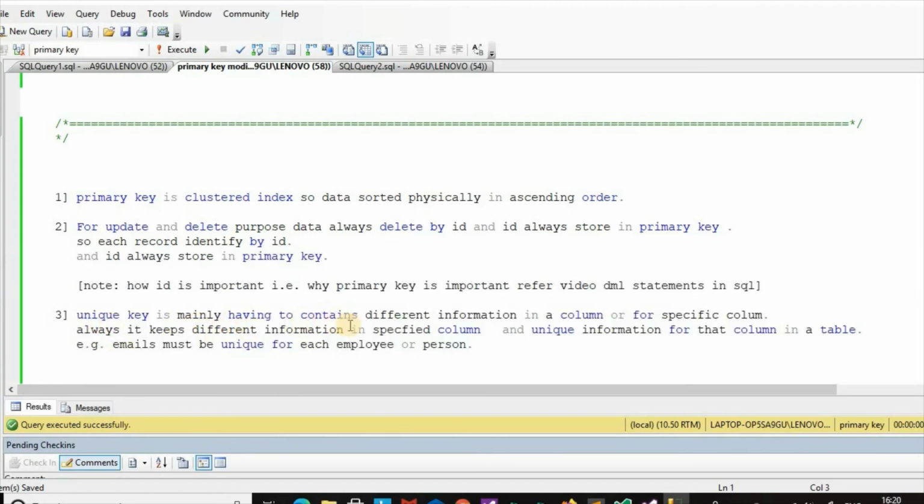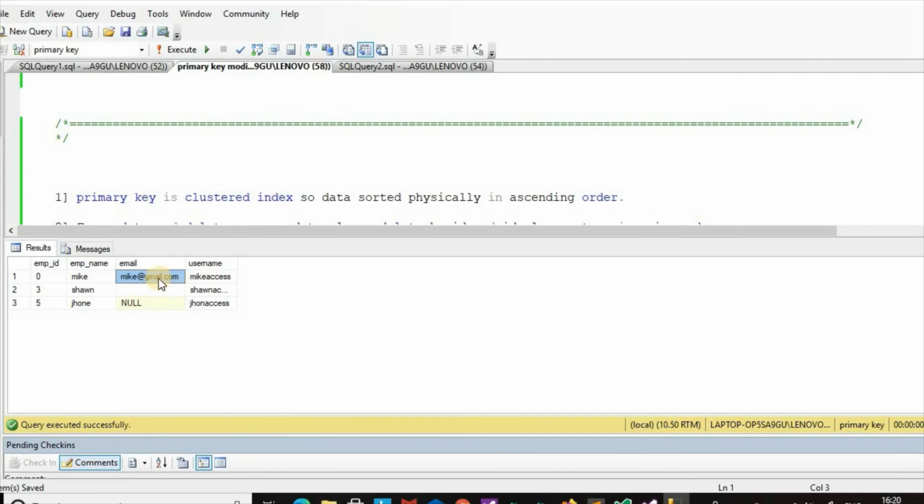Unique key is mainly meant to contain different information in a specific column. It always keeps unique information for that column in a table. Example: emails must be unique for each employee or person.